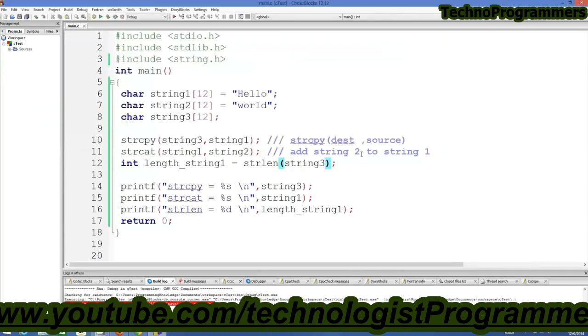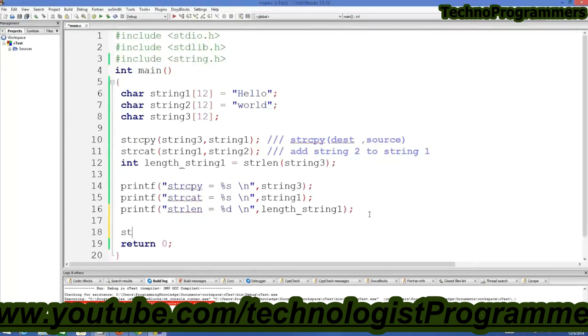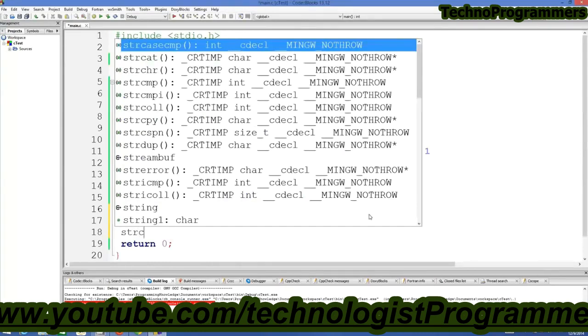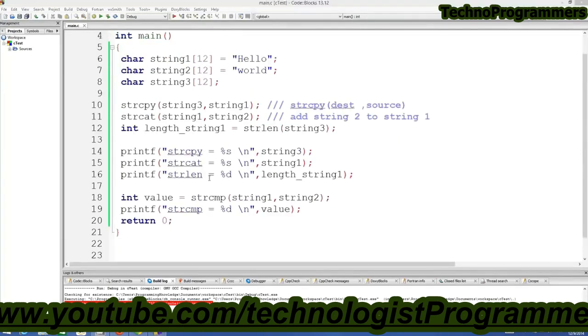Okay. There are other functions in this header file, for example, string compare or some other functions. For example, if you want to compare two strings, you can use strcmp, and this compares the two strings. So for this string.h file